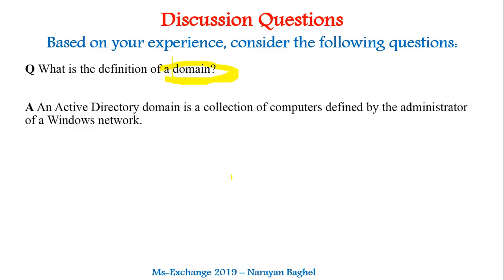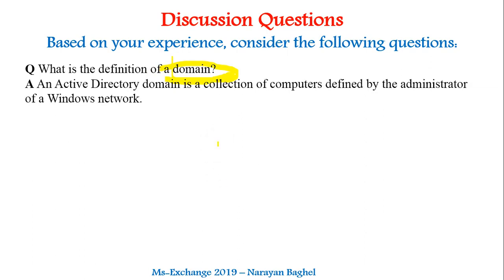So guys, in simple words, a domain is a collection of, or a logical group of, network objects basically. Network objects can be users, computers, or other networking devices, and all of those are connected together with a common goal, and that goal is just to make resources available and enable resource sharing. That is the common objective behind the relationship between all the networking objects.